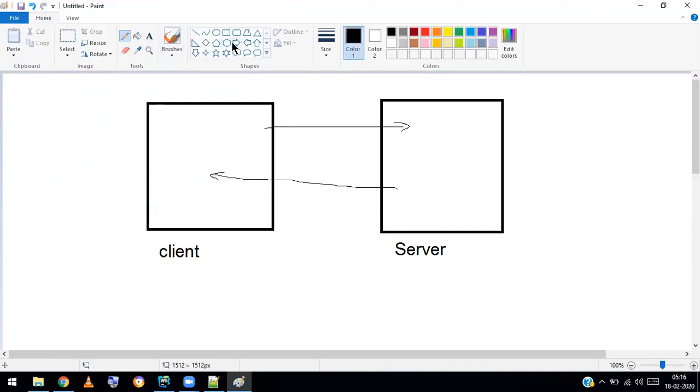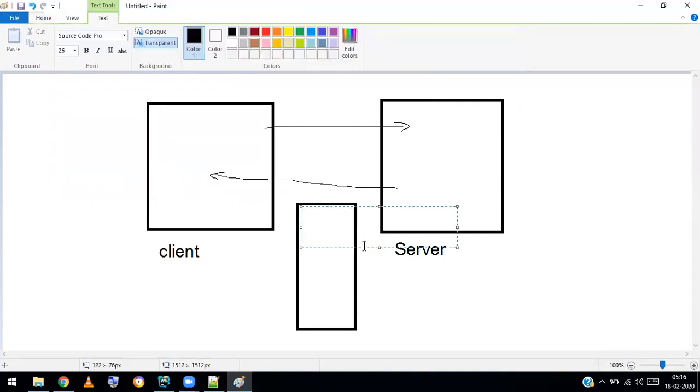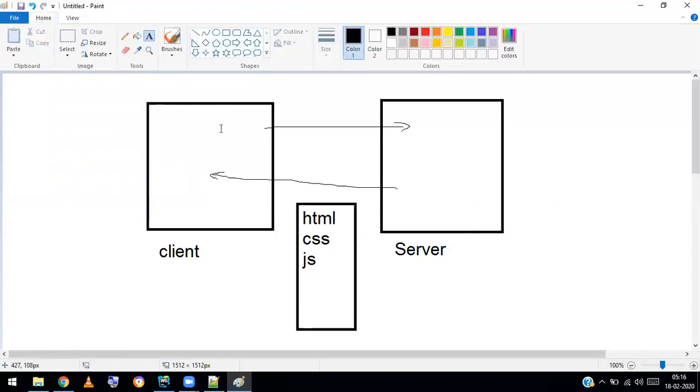But in this response, it is going to send a lot of information. It sends a set of HTML files, a set of CSS files, a set of JS files, and some jQuery libraries. So whenever you send a normal HTTP request, the server responds with HTML, CSS, and JavaScript, along with the application data.